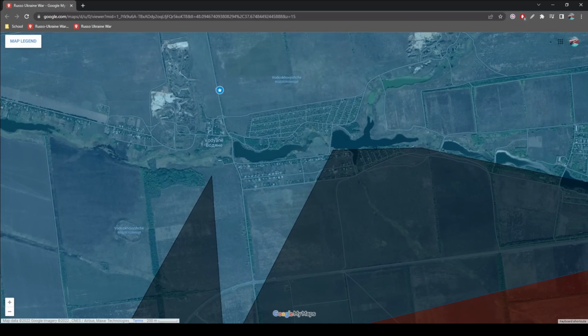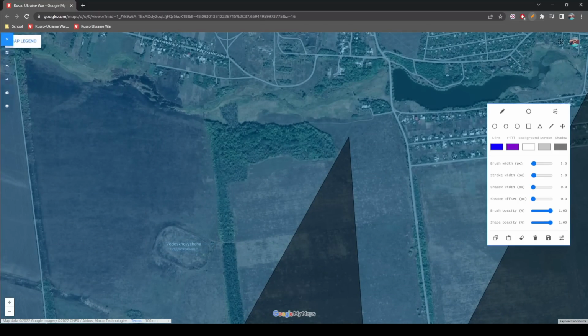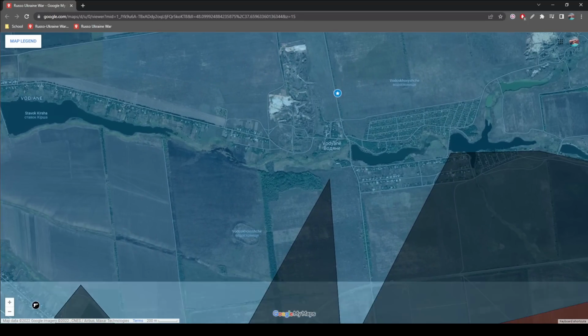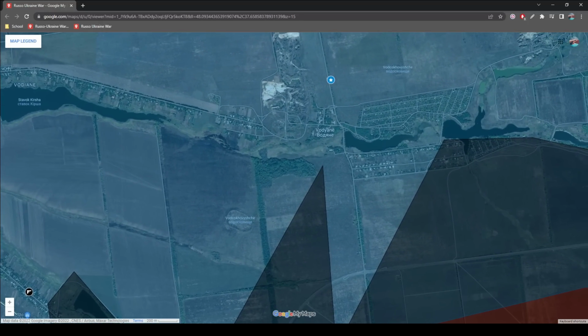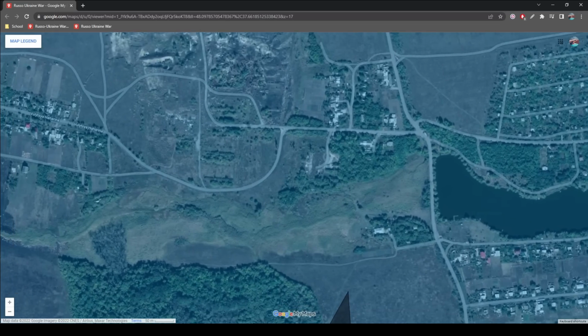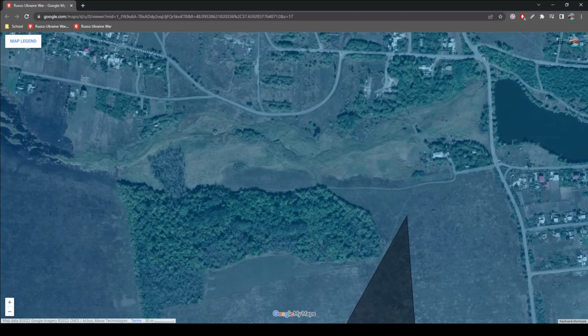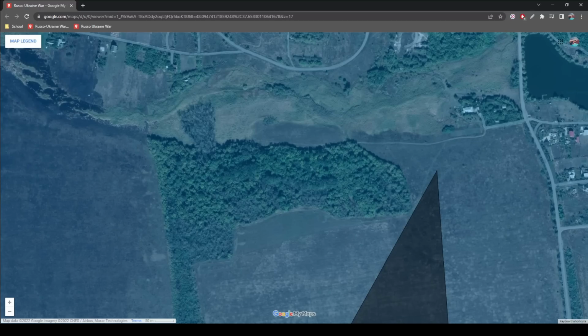Further to the west we have Bodian. Again, most likely they're going for this forest patch here, as it allows them to get a foothold on attacking the village. With how the Ukrainians have been preparing a defense here, it's most likely going to be at the other side of this open field, as it allows the Ukrainians to set up defensive positions and attack any Russians storming the area from